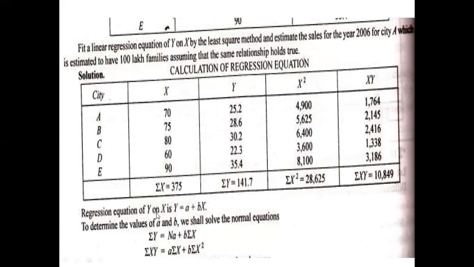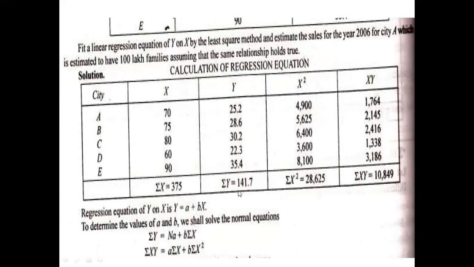तो यहाँ जो n की वैल्यू होगी वो आपकी क्या हो जाएगी, 5 हो जाएगी. सिग्मा x means the summation of all x values. हम इसका टोटल कर लेंगे. Sigma x equal 375. That will be the value we will place in place of sigma x in the first equation, and in the second equation also along with a we need to put the same value in equation number 2.